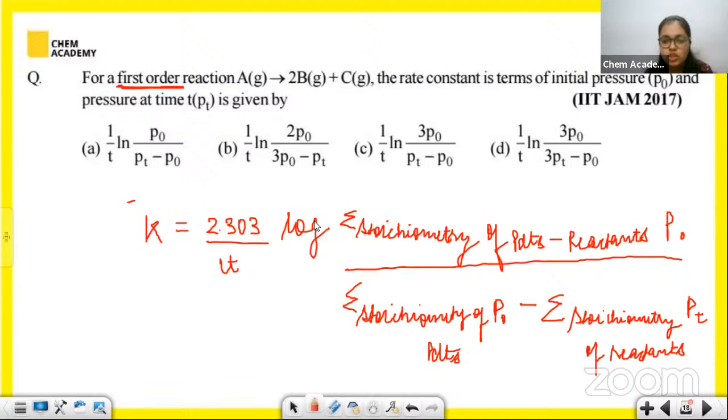Okay, so this is a simple method of doing this. Now let us try to solve this question using this method. So 2.303 log can also be written as ln. So I can write it as K equals ln upon P, the stoichiometry of products minus reactant. So here it is 2 plus 1, 3. This is the stoichiometry of products. It will be 3 and the stoichiometry of reactant is 1. So 3 minus 1 we will get